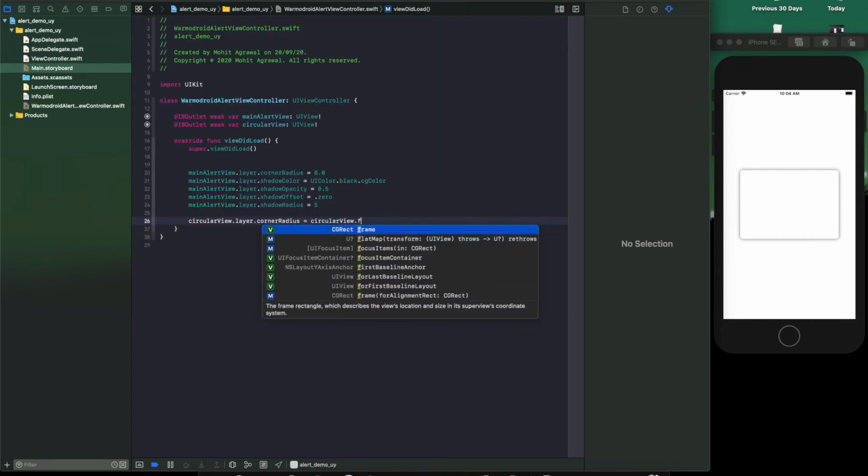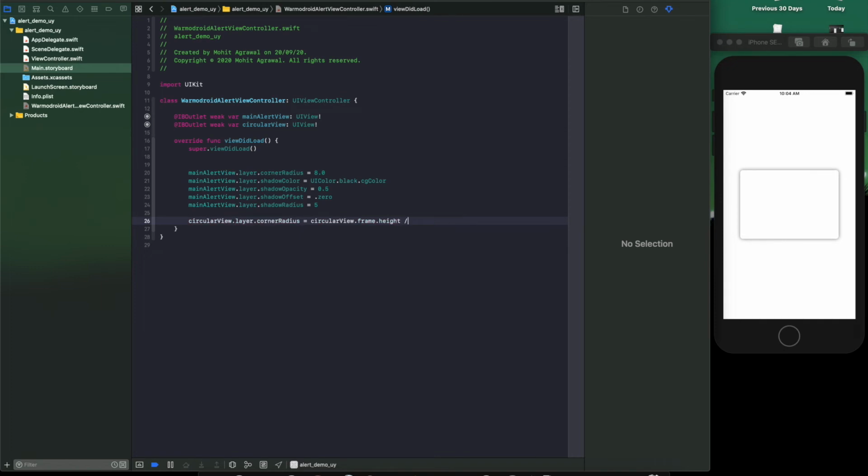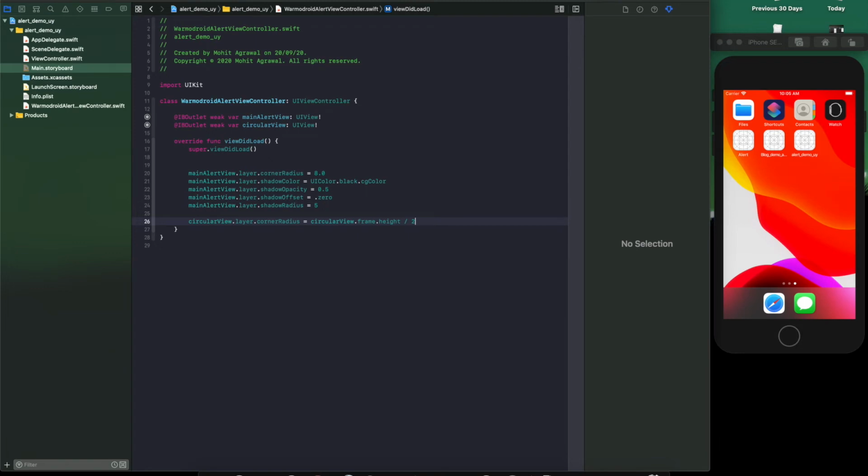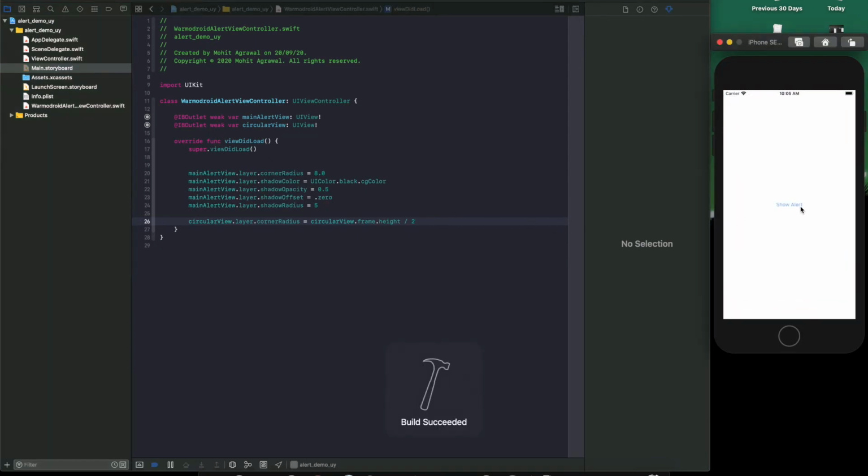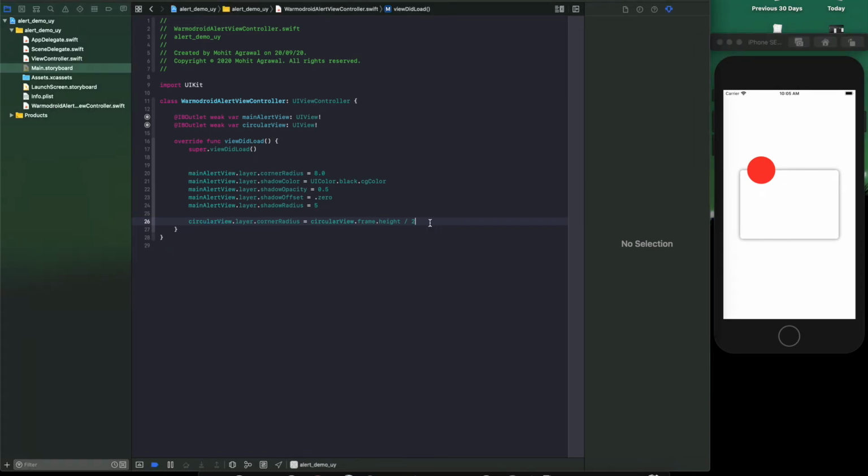Circular view dot frame dot height. This is how we can get the height of the view, and we have to make it half of the height. Then the corner radius will be in circular shape. Okay, so let's run it and see how it is coming. Okay, so it is coming in the circular shape, and this is what we wanted to achieve. And here also we can give the shadow and all, so that it will look better.